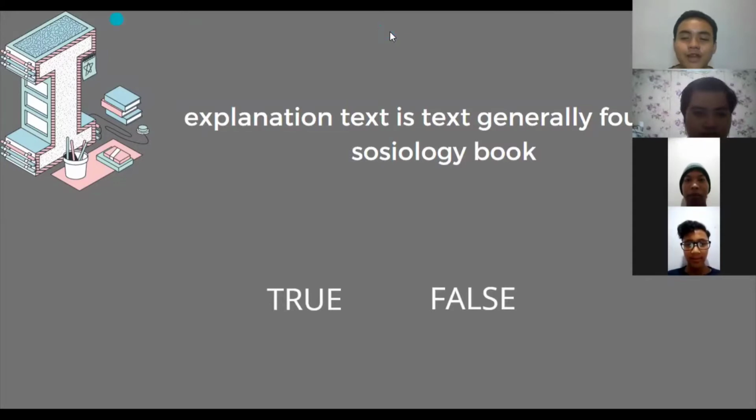What about Abdul and Fikri? False. Abdul false. Fikri false. Okay, right. The best answer is, obviously, false. Easy peasy, because explanation text is generally found in scientific books. All right, guys, it's very funny, right? Let's get into the main topic.